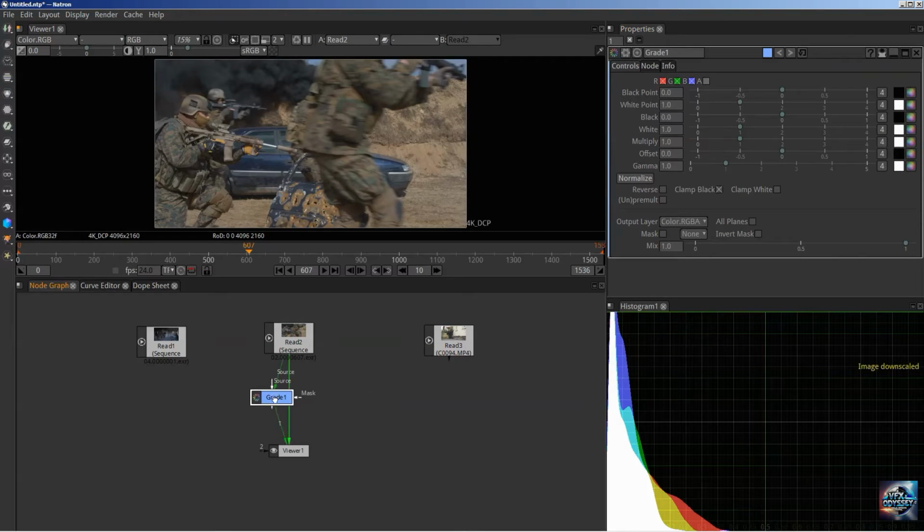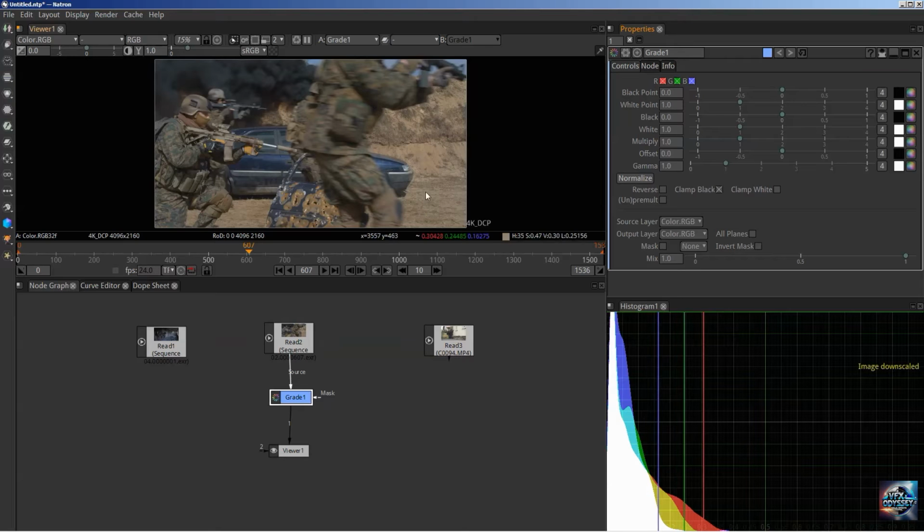Number one, grade. I'm going to explain a few things before we move to the parameters, because well, you may already know this, but in case you don't, I think I should explain it. I'll do it briefly. I'm talking here about the red, green, blue, and alpha values that you see on the screen down here. When I move with the cursor, for every pixel, it gives me the values of the